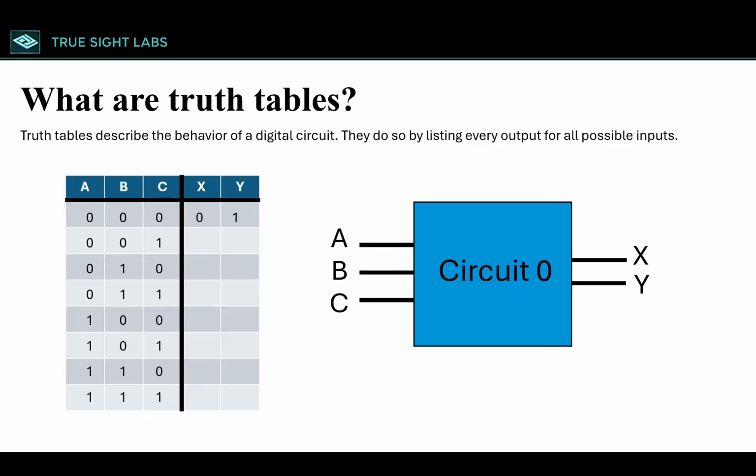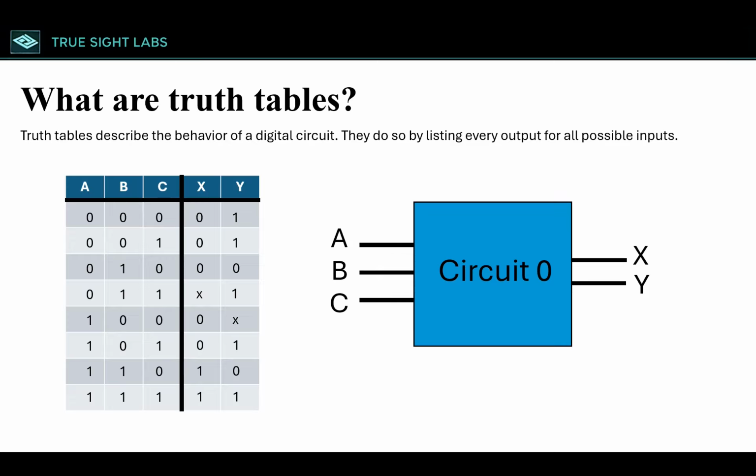Now, what would we want the output to be when inputs A, B, and C are 0, 0, and 1, respectively? Well, if we want that case to produce an output of 0 for X and 1 for Y, then we would update the table like this. As you can see, the truth table is simply just a condensed way of describing the behavior of a combinational circuit. All combinational circuits can have their entire behavior defined in a table, so a truth table is pretty handy